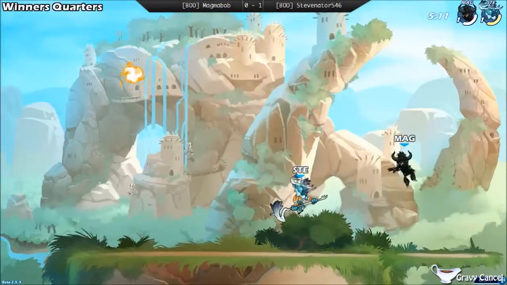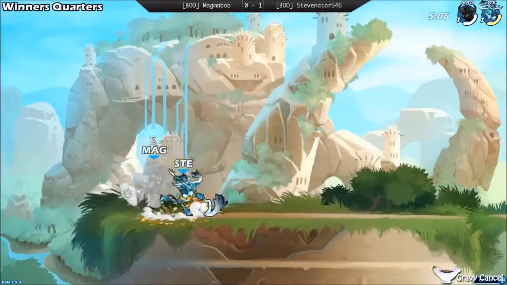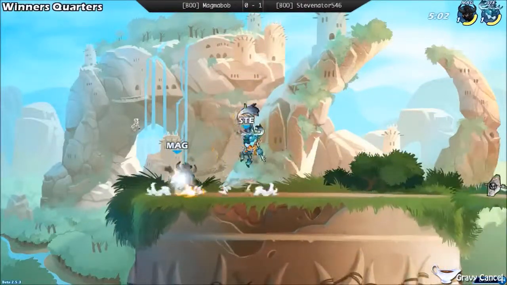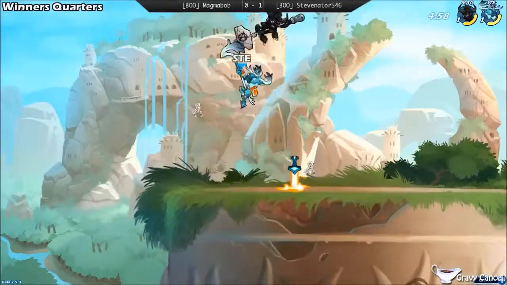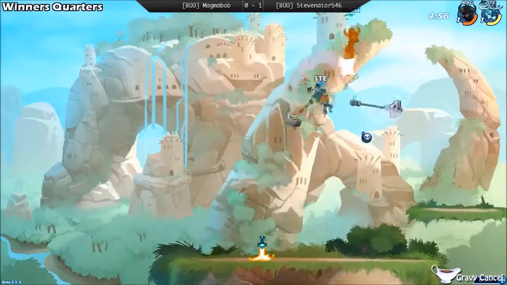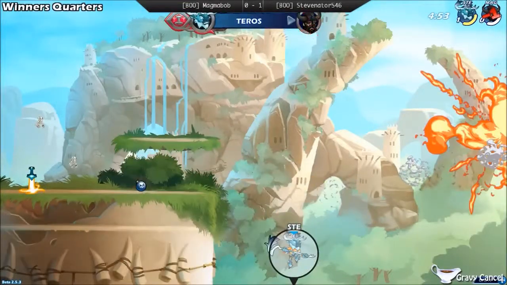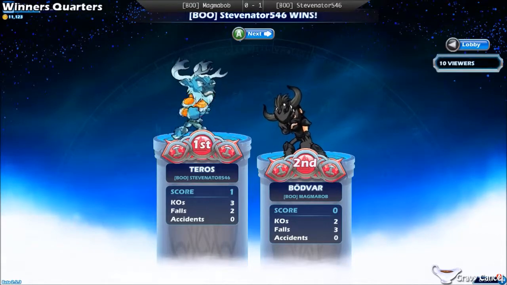Taking the hammer over the axe. Holds on the hammer. Magmabob looking for a weapon. Stevenator tries to punish. Ends up finding that stomp neutral combo, but Magmabob finds the recovery. Ooh, still denied of a weapon. Ends up finding a hammer, but gets scooped and nared. Oh, nared again, sent into the red, and then the sliding. No, I think that was a Gravy Cancel side sig. He made it just